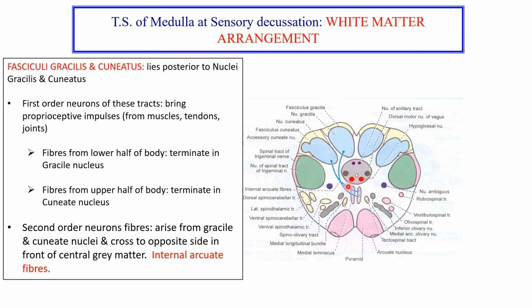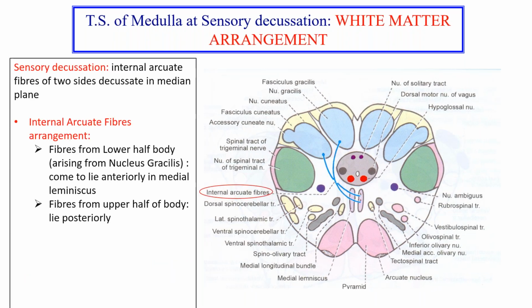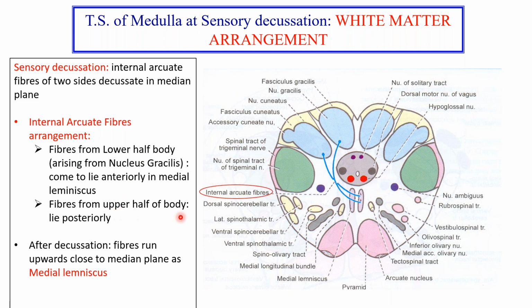This cross is called the sensory decussation. The internal arcuate fibers decussate in the median plane. And what is the arrangement of fibers? Again, you know this arrangement, we have just discussed it. So when they arrange themselves into the medial lemniscus,